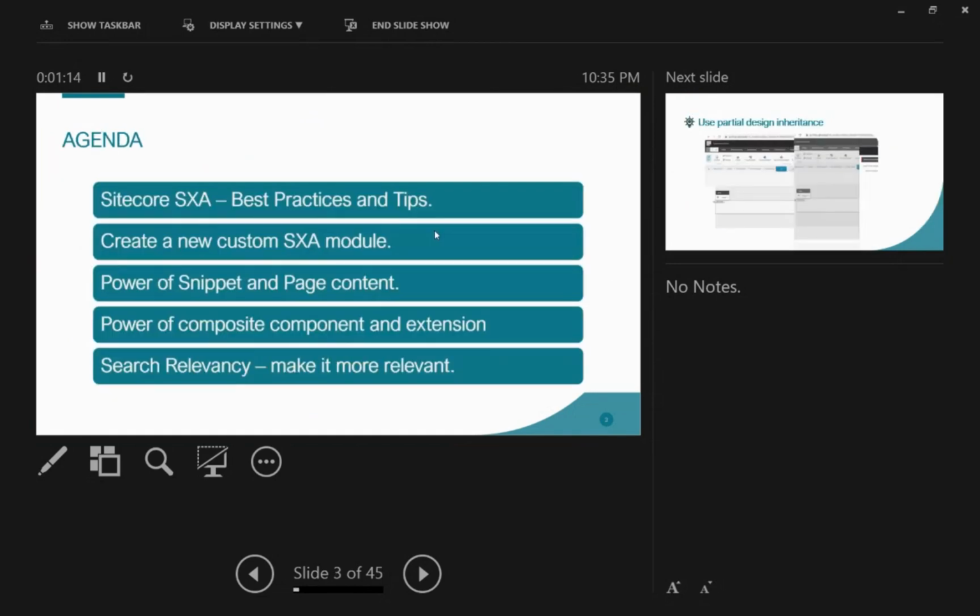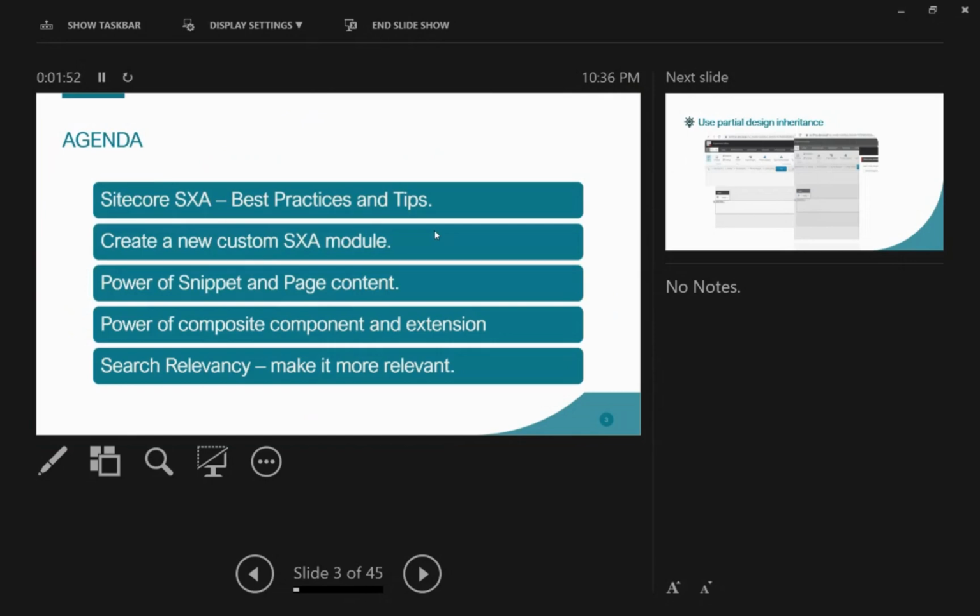So this is the agenda for today's session. There are 5 topics. First we will discuss what all the Sitecore best practices are. We'll create a small Sitecore custom SXA module, and I will let you know how we can use composite components like snippet and tab component, and page content that we can reuse to speed up development, and we'll discuss search relevancy.